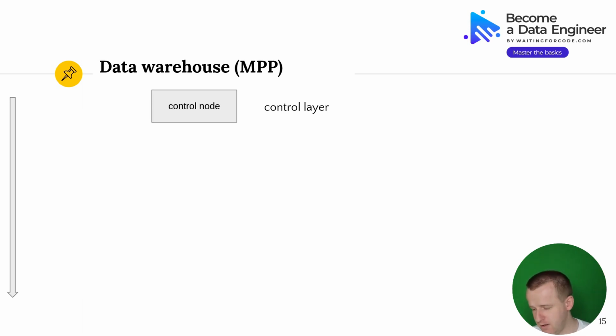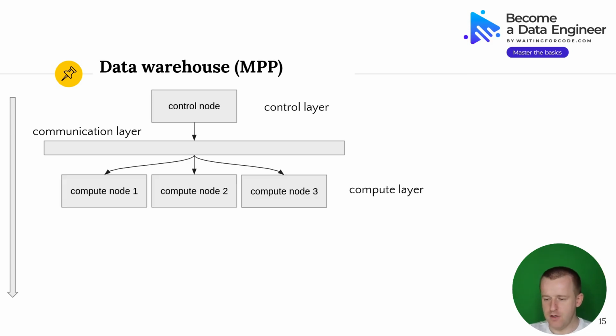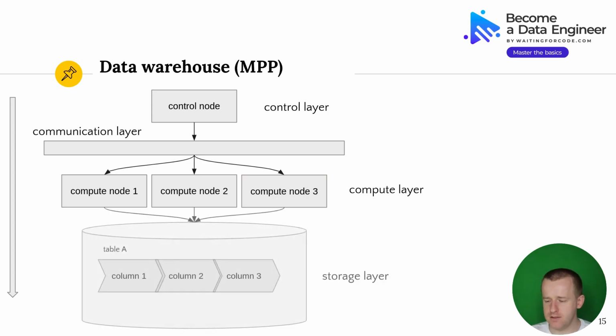So let me just describe the architecture. We have the control node, which is in the control layer. Then we have a communication layer, so each command will go through that and reach the compute nodes. The compute nodes are located in the compute layer, and they are responsible for going into the storage layer, looking for the data defined by the query, and getting it back as a result. It is very efficient because the storage layer uses columnar storage, which is very well adapted for analytical